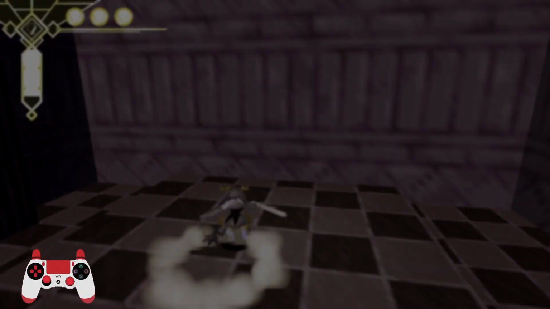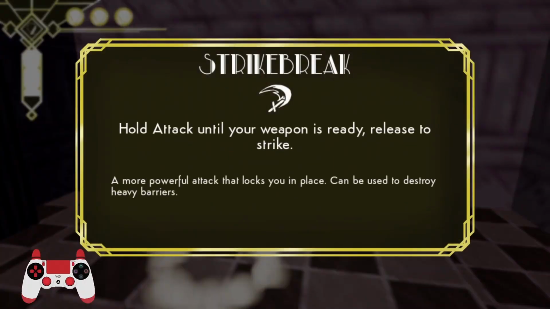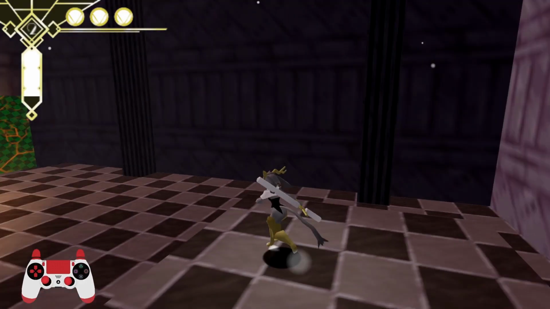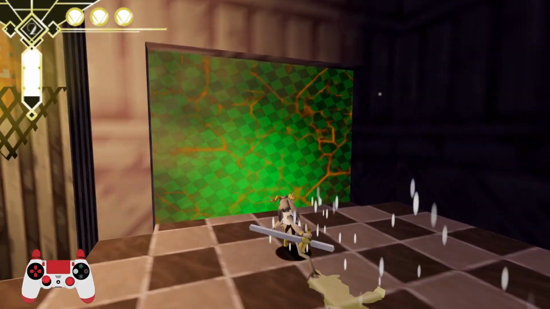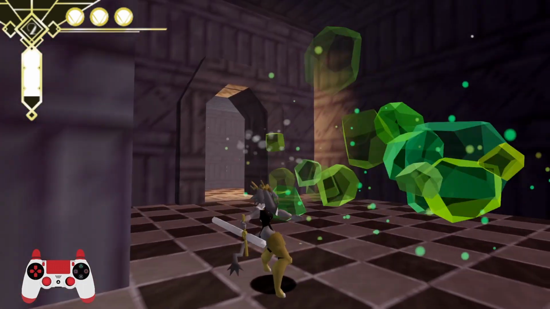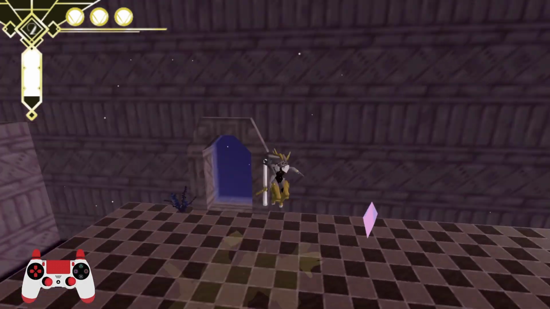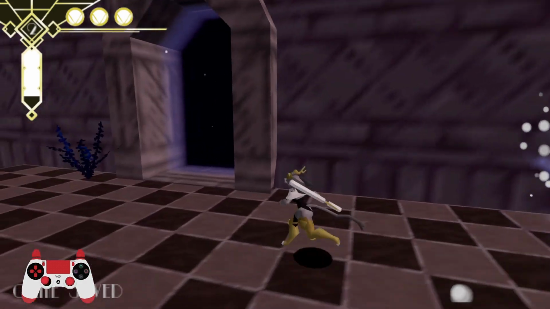So either way, once she's down, we get Strike Break, which is our upgrade to break these weird green walls. We'll only really need this in 4 locations, the first 2 being right here. So we'll do 1, charge up a little kick, and 2 right here. Now, the next thing we're going to do here, and